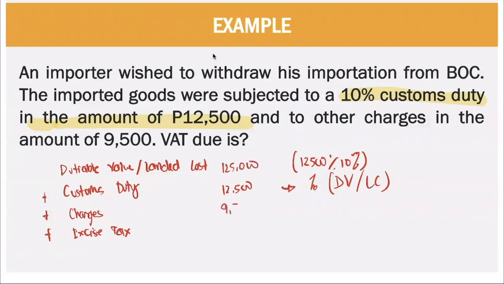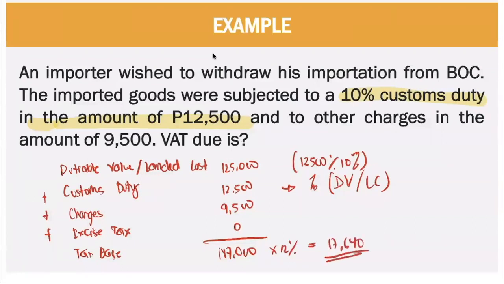And then we have charges amounting to 9,500, no excise tax given. Then how much is our tax base? Our tax base is equal to 125,000 plus 12,500 plus 9,500. So we have 147,000 multiplied by 12%. We have 17,640. Guys, although this is easy if this is the only problem you get, but please be careful